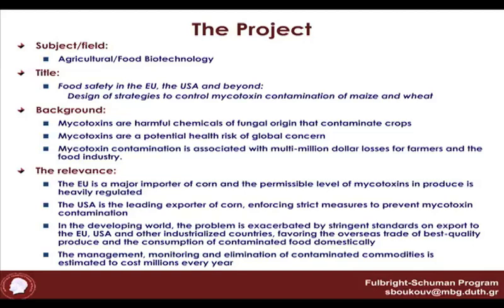So this is the background, the mycotoxin research, or how to tackle this global problem. And then with Dr. Glenn, we had always been collaborating, and we started thinking about the relevance of this research between the two sides of the Atlantic Ocean. So there is relevance, and I'll start with the